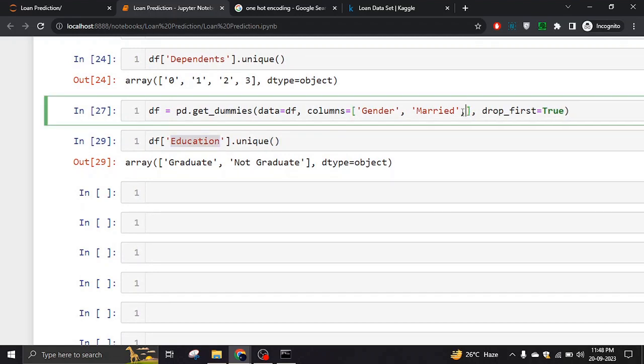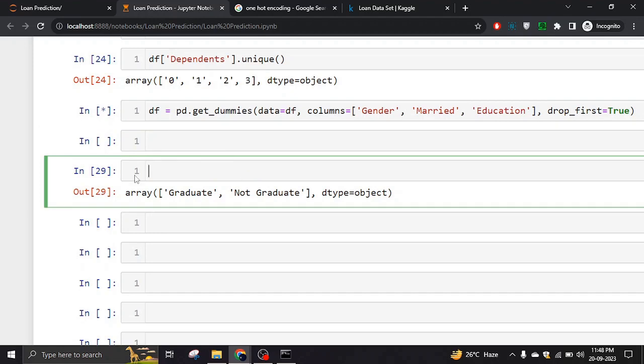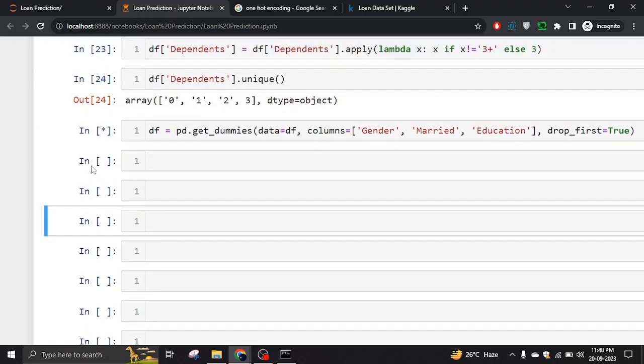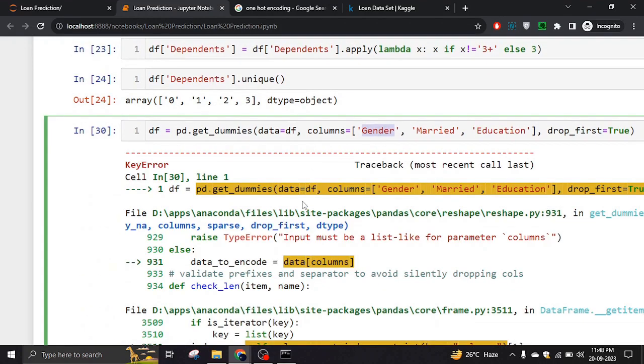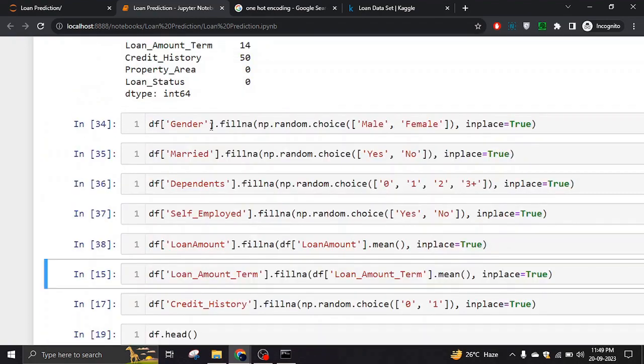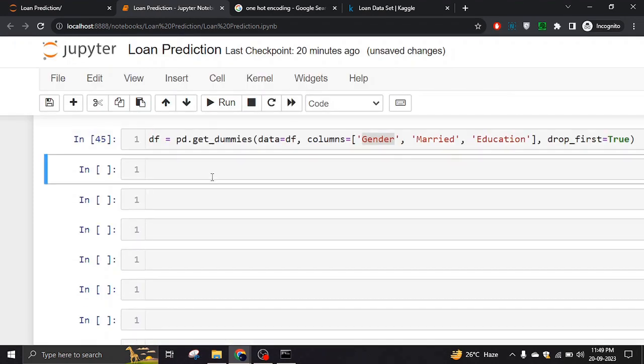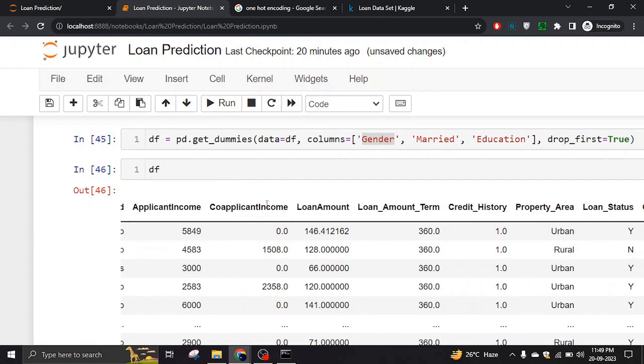It's going to give me an error. I knew it. I think it's going to give me an error because those columns are gone and it cannot detect those columns. So I have to run all of this code again. That's kind of a stupid mistake, I would say, but mistakes make it better. So now if I say df, I have another column called